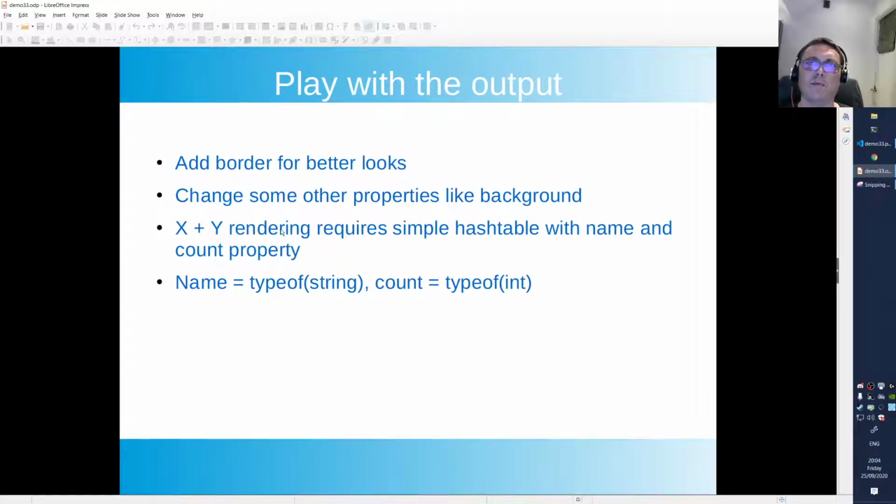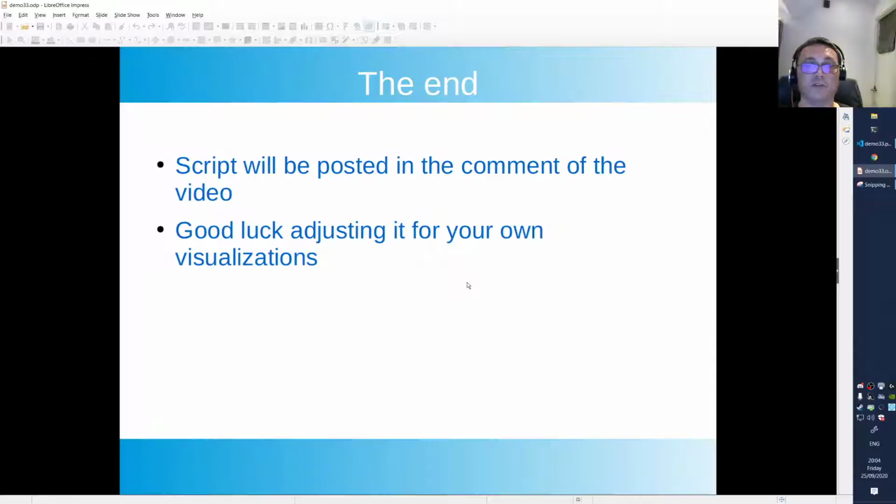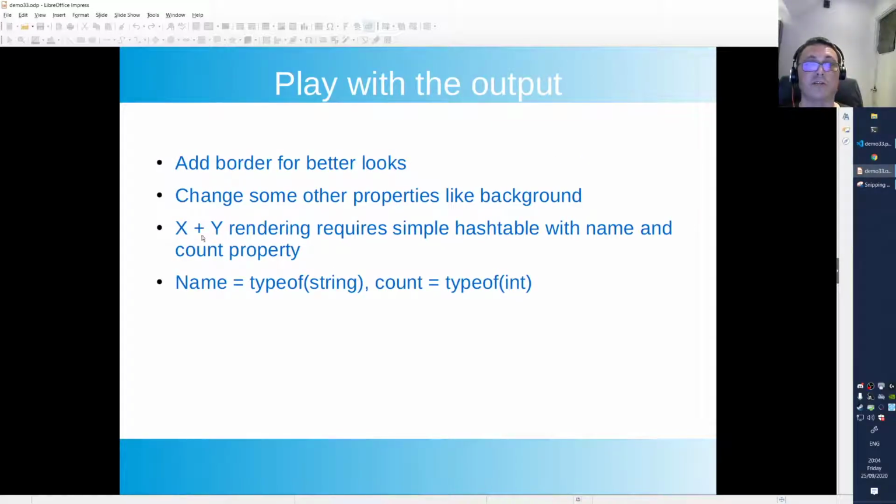It took me some time to convert other objects to be accepted inside of a chart, and I found out that it accepts a hash table with a name and a count. So if you convert your object to a hash table and stick that inside of the chart, then it looks fine. So that took me some time to find out. It's all in the code, so you will see that in a second. And then we have the name, that's always a string, and the count is of type integer, right? That's for the X and Y rendering. It makes sense if I show the script.